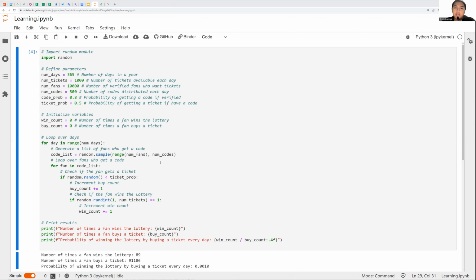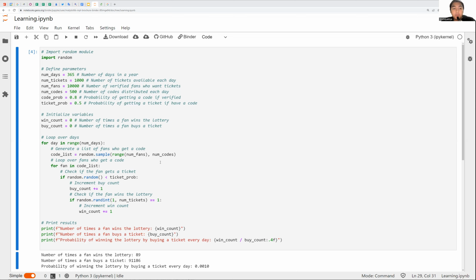After the loop finishes executing for all days, the results are printed. First, the number of fans who win the lottery. We will get the number 89. This indicates the total number of times a fan won the lottery during the simulation.